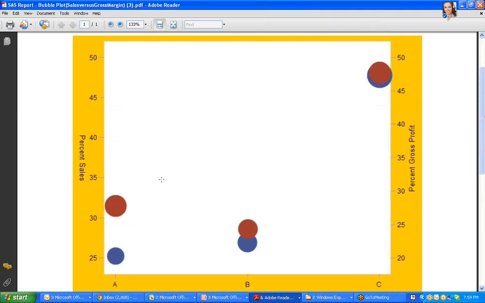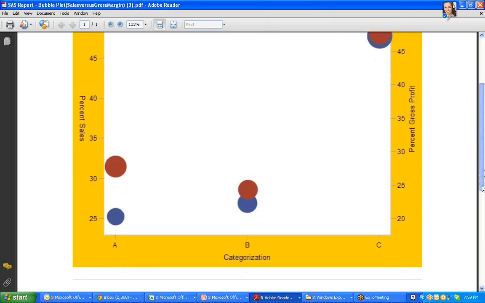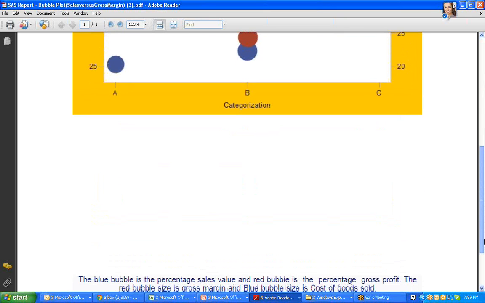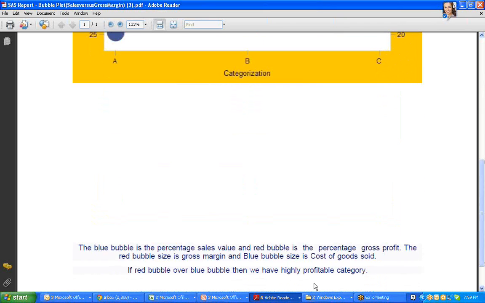Here are the bubble graphs we have made, and what we have done is we have plotted on the y-axis percentage sales and the percentage gross profit. Now, the bubble sizes are actually going to be different. So, for example, please see the appended notes. The blue bubble size is the percentage sales value, and